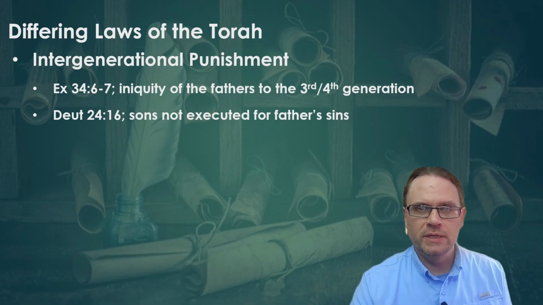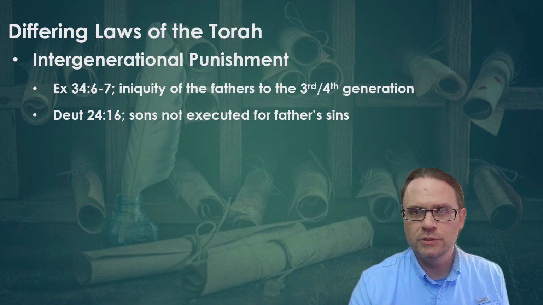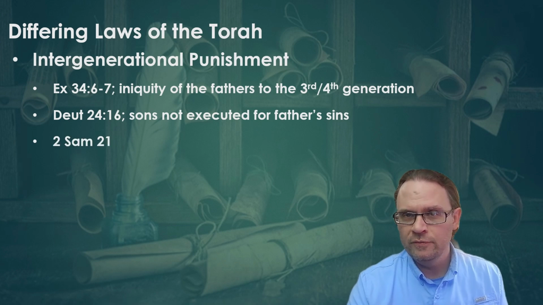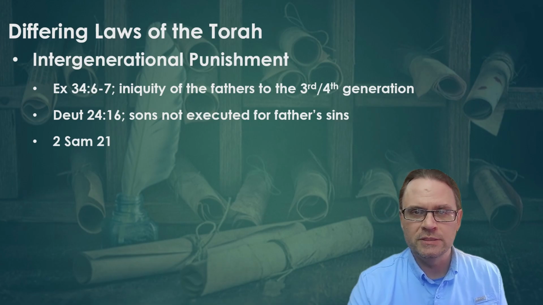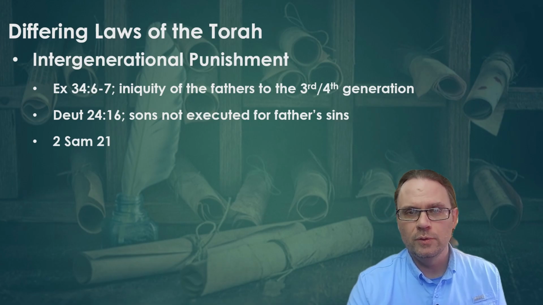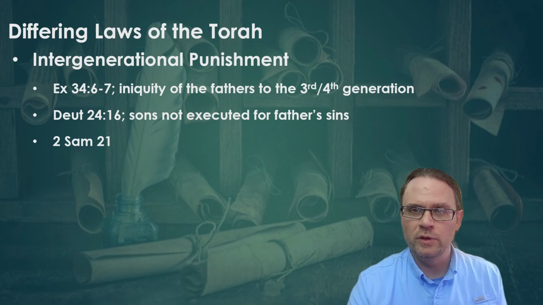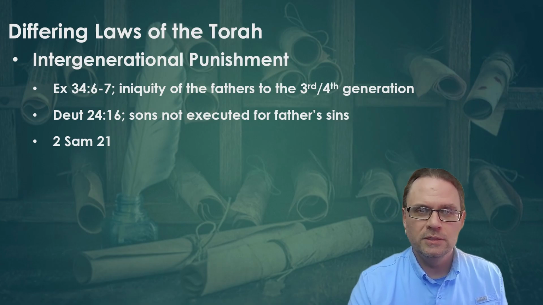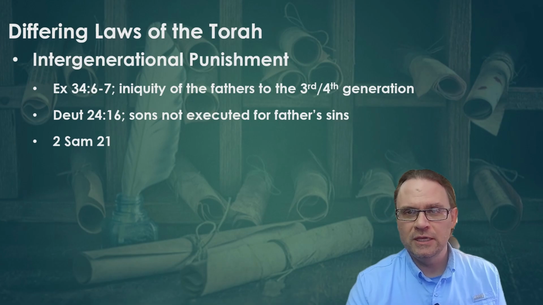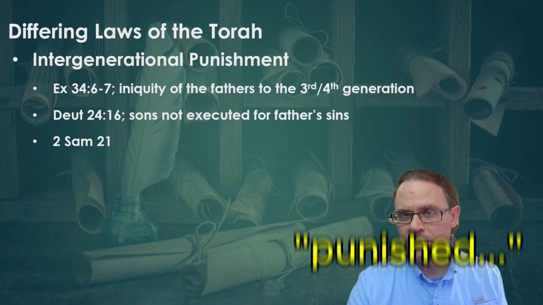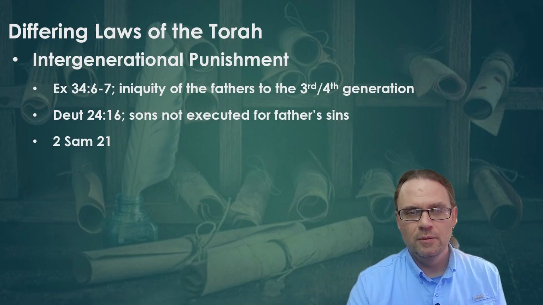2 Samuel 21 is an incredibly interesting story. We're told that God caused a 3-year famine on the land. When David inquired of Yahweh, he was told that it was because of blood guilt on the land, which was from Saul killing Gibeonites, to whom the children of Israel had sworn an oath not to kill, despite God's command to kill them. The idea that the entire nation could be punished for the sins of individuals is another facet of this discussion, but for now we'll just focus on the sons being punished for the sins of their fathers.